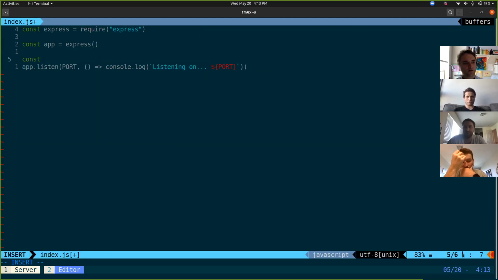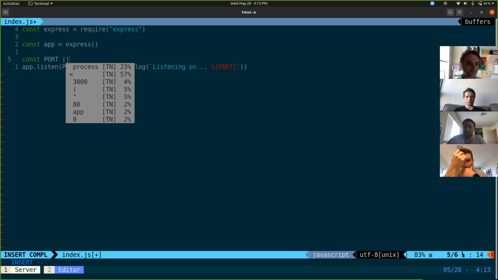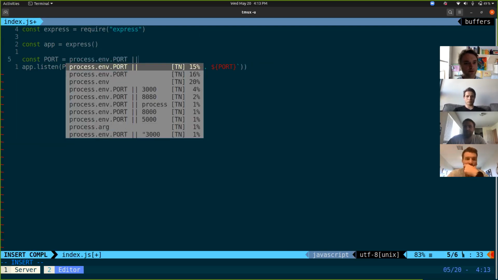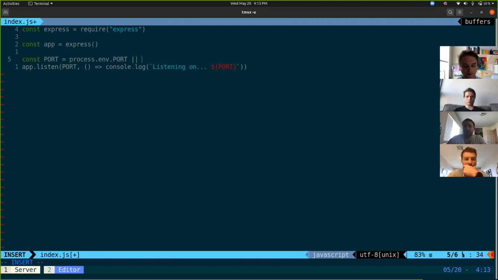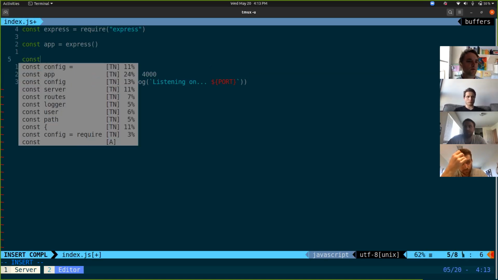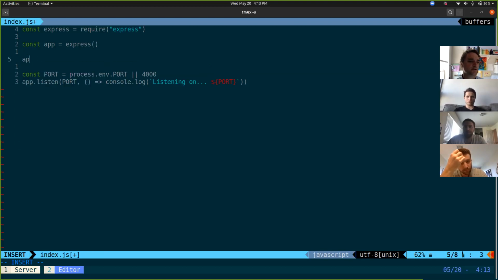And I set that port to either whatever is on process.env.PORT, or we can default it to 4000. And then, so we wanted a route. So a route in Express